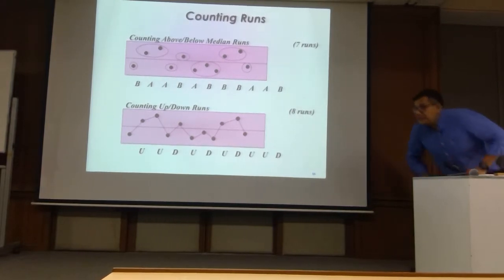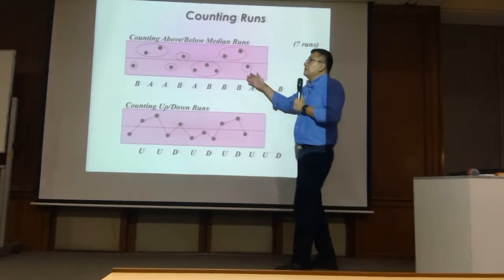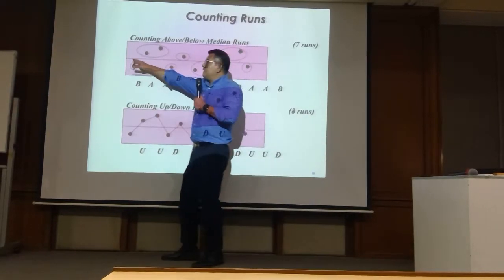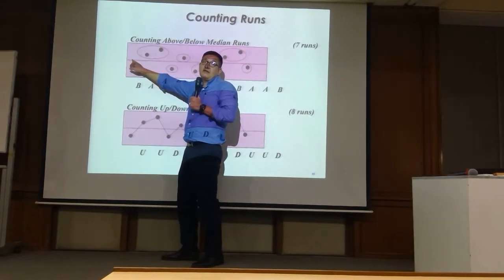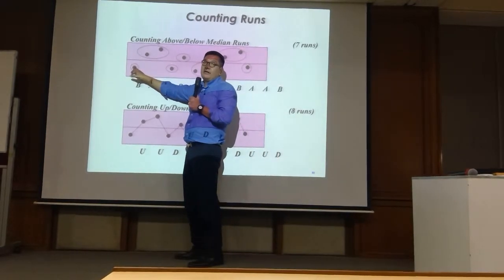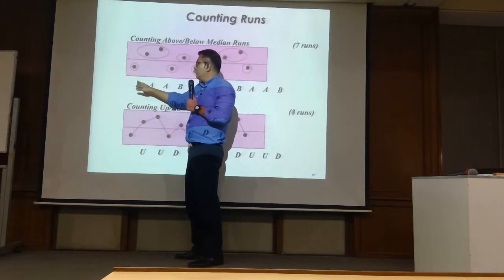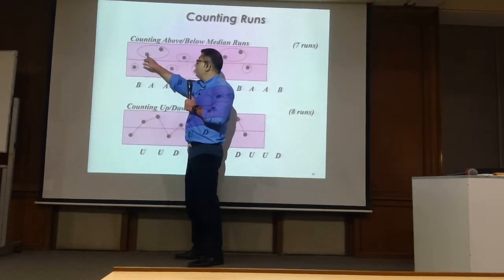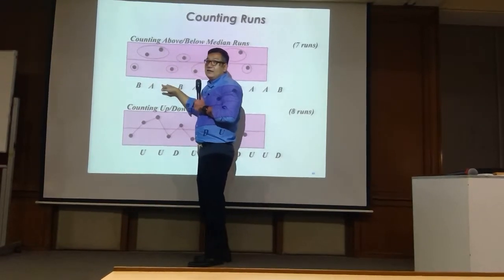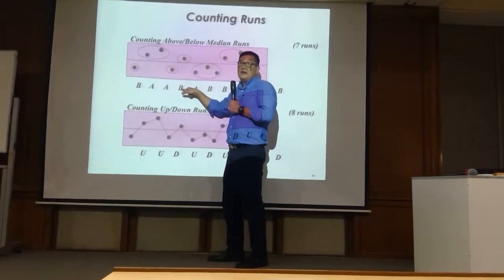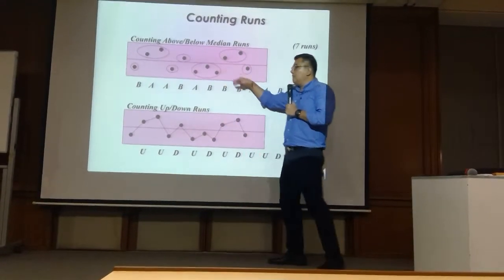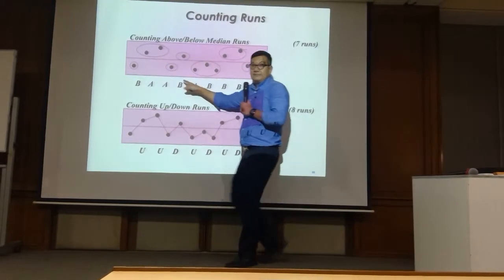For example, in this case, the first one counts the number of runs based on above and below. We know that this one is the mean, the target, the average, right? So we look at this first point: it is below the mean, so we use B. This one is above the mean, we use A. The third one above the mean, we use A. The fourth one below the mean, we use B. Okay. So we identify above or below the mean for every point, and then we group them and